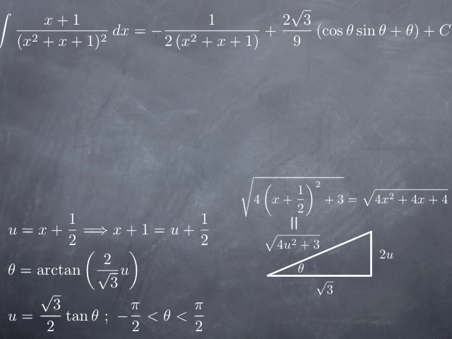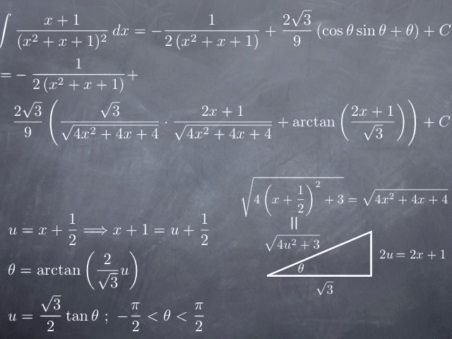Now cosine will be the adjacent side root 3 divided by the hypotenuse root of 4x squared plus 4x plus 4, and sine will be the opposite side 2u, which we can write as 2x plus 1 because u is x plus 1/2, divided by this same hypotenuse, which is root of 4x squared plus 4x plus 4. So we obtain this expression where I multiply root 3 and 2x plus 1, and each one has the same denominator root of 4x squared plus 4x plus 4. So when we do that,